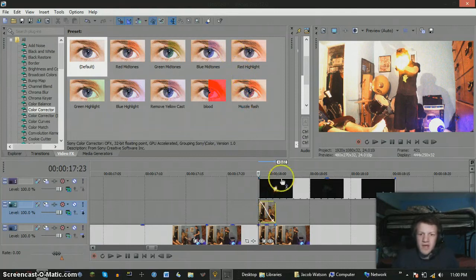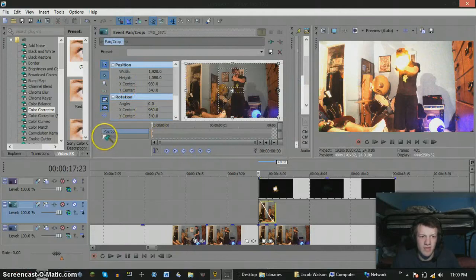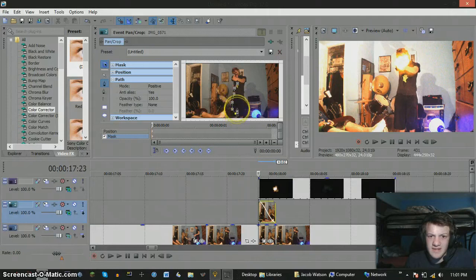So, what we're going to do now is right-click, Event Pan/Crop. And then you go into here, you enable the masking by left-clicking this. I don't know if right-clicking works. It doesn't. Don't try it. So then we'd go into here and we'd mask out, which by masking out we're lighting up, everything that would be affected by the flash. Now the arm here in my face would be affected, but it's pretty much concealed, and it's already being lit up, so there's not really a need for it. So we're just gonna line this up a little bit,